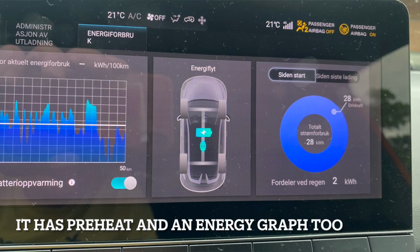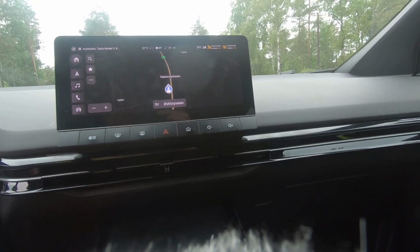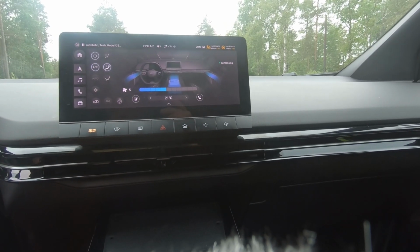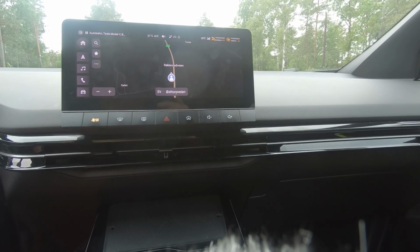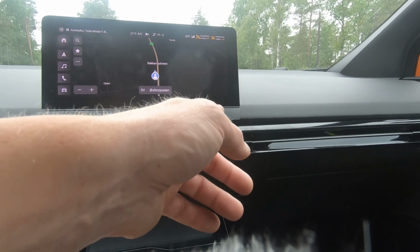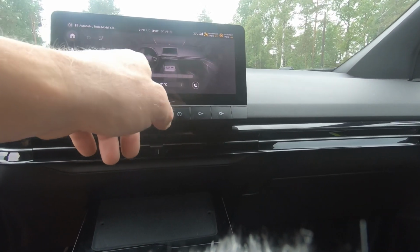Now, and then you have your air conditioning. Well, what's that? Because that's an on and off switch. Let's put it on, shall we? And then that pops up. Okay. But now what are you gonna do? You're on the run. You're gonna adjust it. But you have a demister here, and you have a... That's okay, but what's the aircon? You push this one again, it pops up. You start fumbling about,